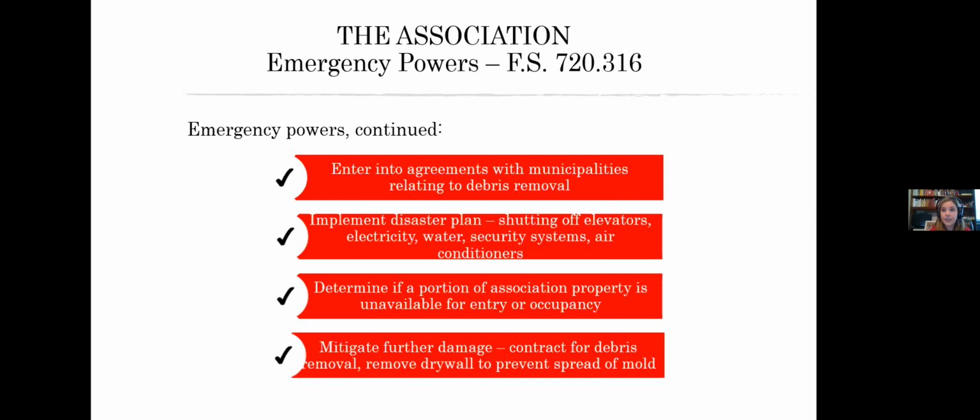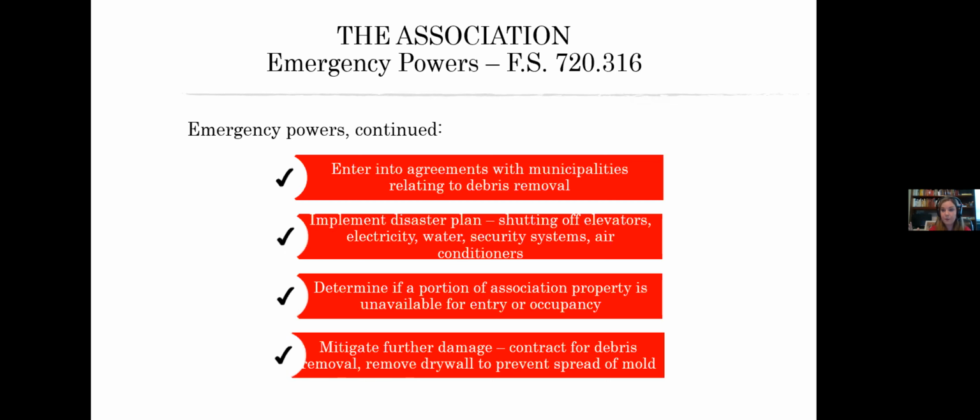One question I was getting a whole bunch was whether or not you have to follow the state guidance and rules. Well, the state guidance and rules are sort of a floor. So if the state guidance and rules say pools are closed, which they never did, they said gyms are closed. Let me use gyms as an example. Gyms are closed. You can't open the clubhouse gym. But now that gyms are coming back online, the board has the ability to make that decision when and how to open up the common property.